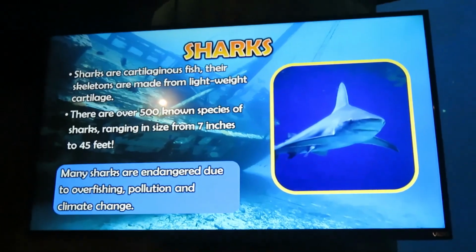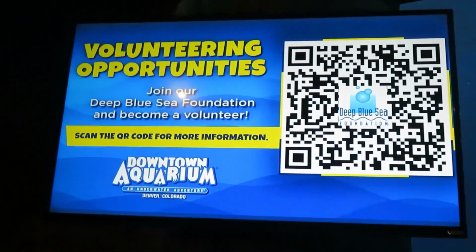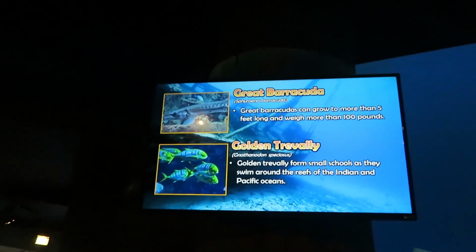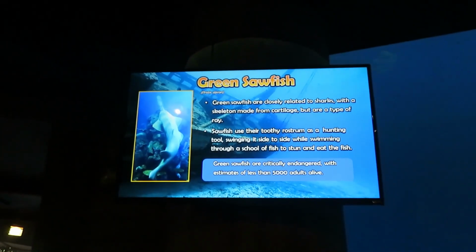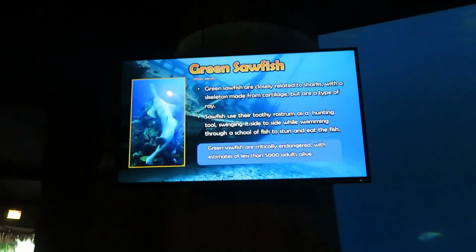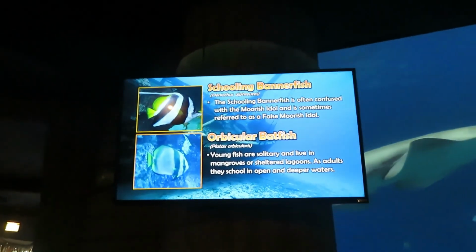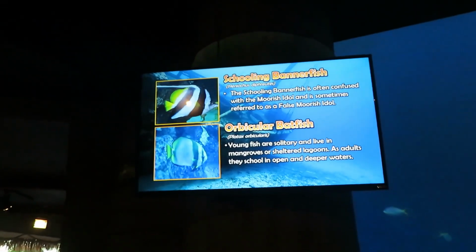It's a zebra shark. Alright, we got sharks. So the fish we're gonna see in this tank: we got great barracuda, golden trevally, green sawfish, schooling bannerfish, or big yellow batfish,